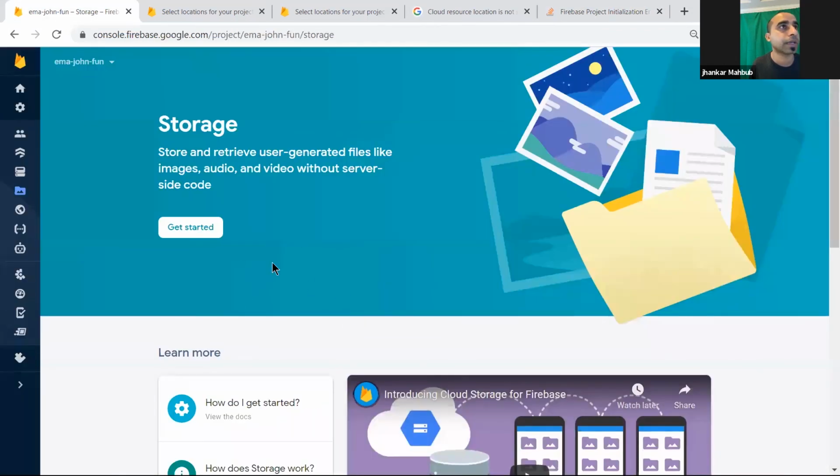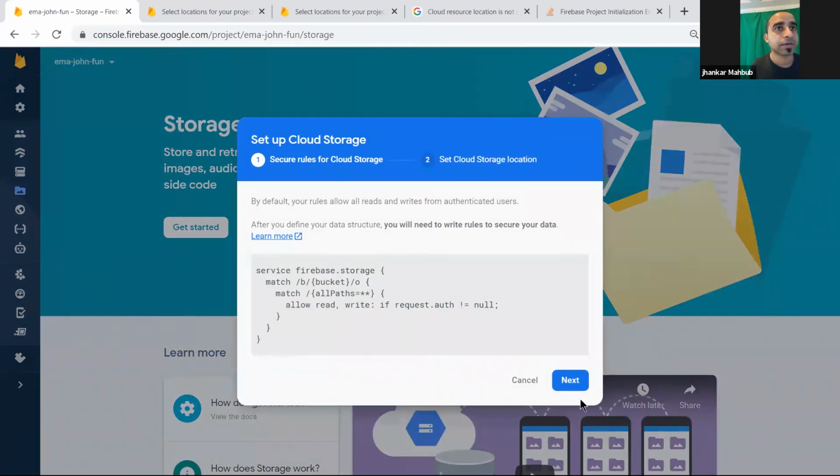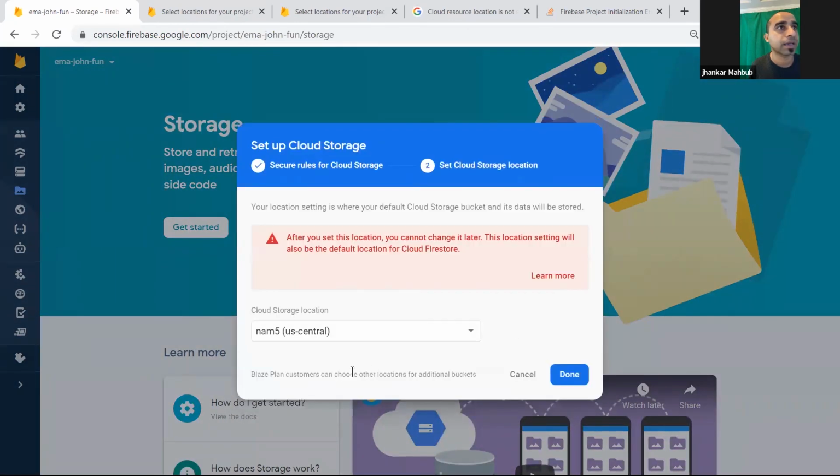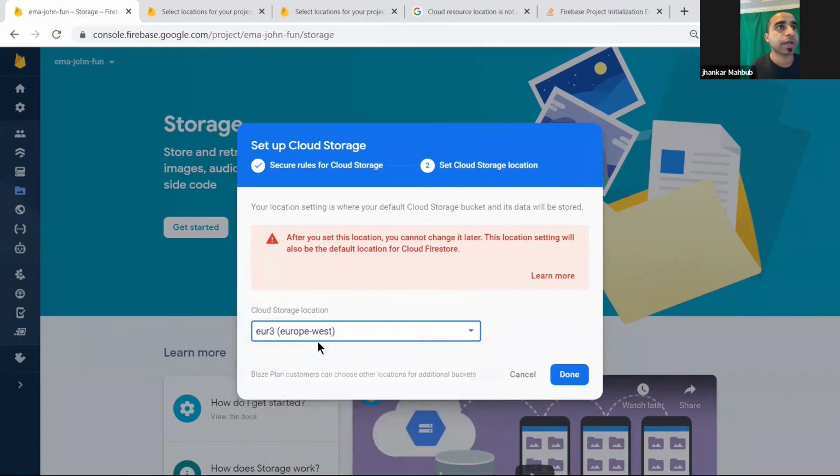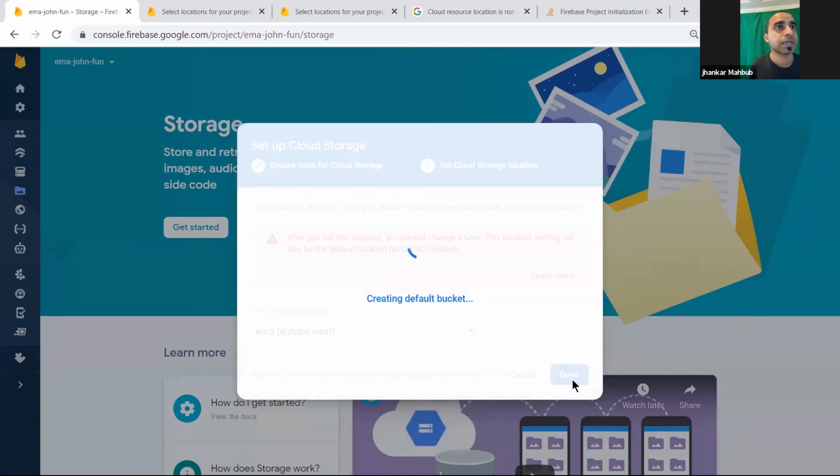We didn't do that, so when we get storage set up, and this is the services next, and then this is your location settings, where your cloud storage bucket, this data, will be stored. After you select this location, cloud location, maybe try some other place where you want to store it. So let's see, done. Right now they want us to create a location, because usually all these cloud providers have multiple places.